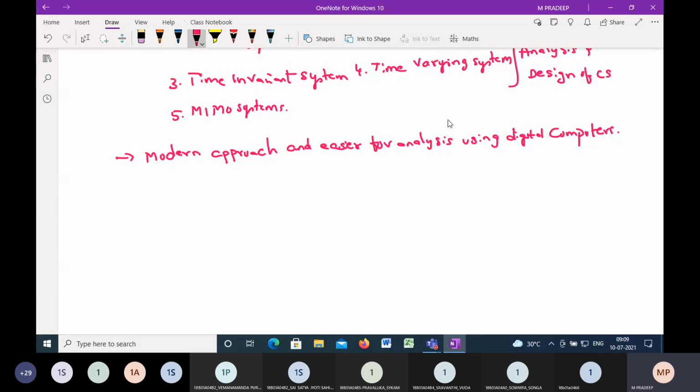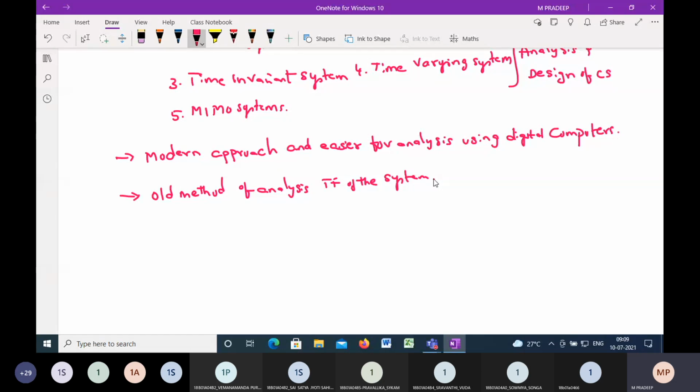What about the conventional methods which we are going to consider? In this case, the conventional methods are used for analysis, where we perform the analysis by taking the help of the transfer function of the system. That means what we studied in your previous units, where we employ the transfer function of your system.